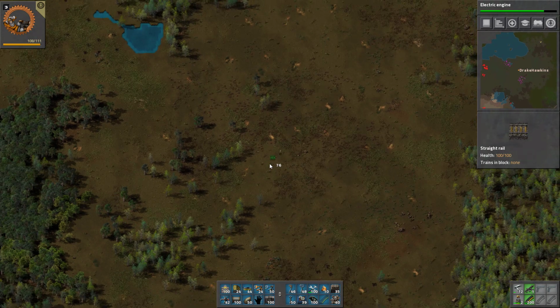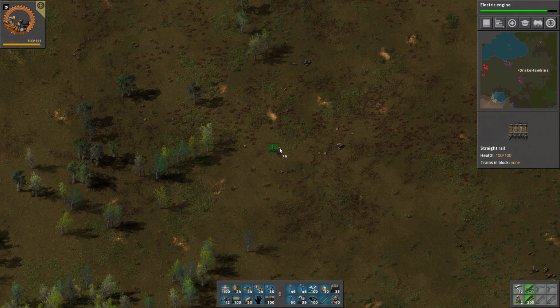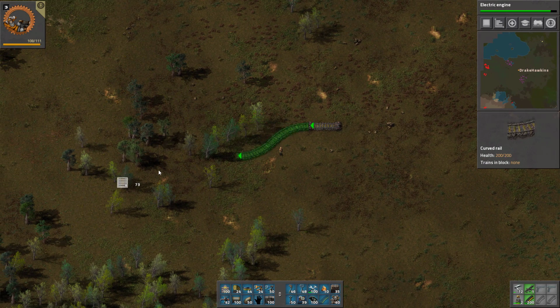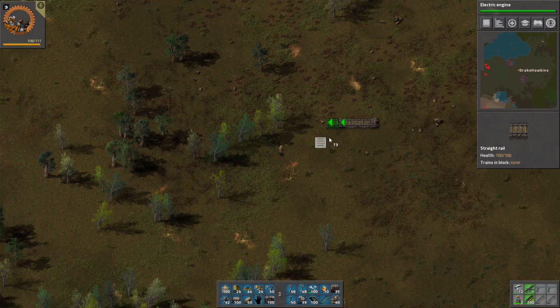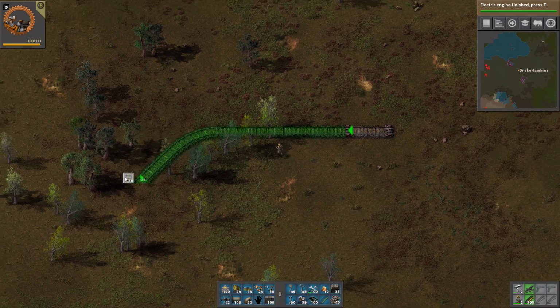We can have a station that does a little loop and goes around. What about that? Okay, so something like this. And I would like it to... what is it to? Oh yes, hold on. Not the regular build. I want to shift build. There we go. I want this to come like